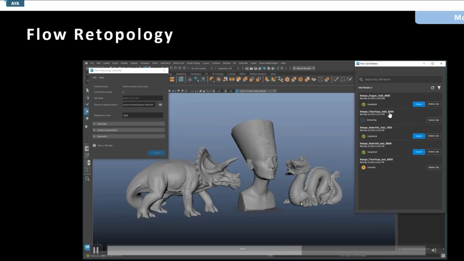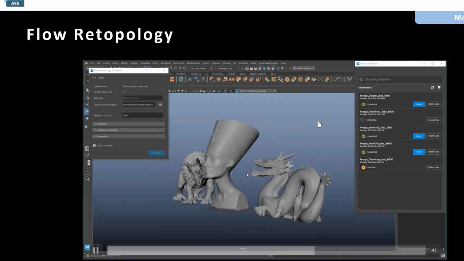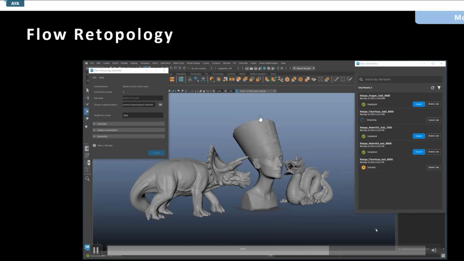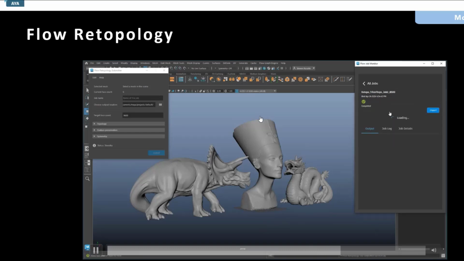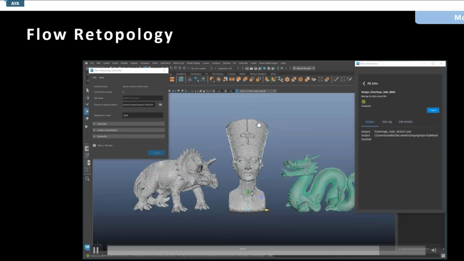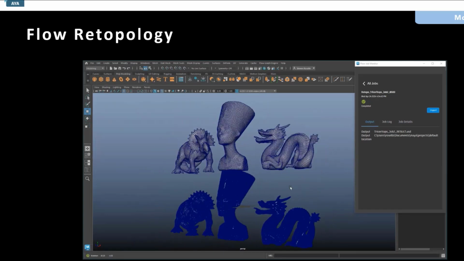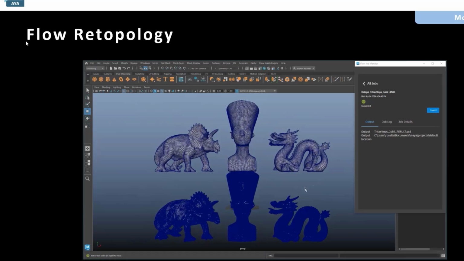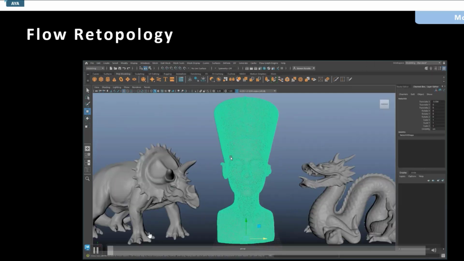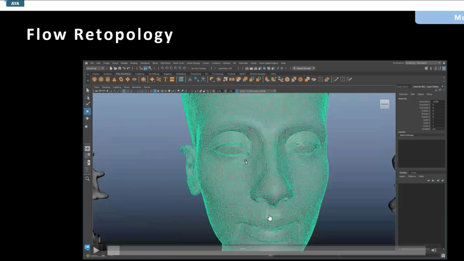You don't need to wait so long. Sometimes when you do retopology, you're waiting, and in the middle of the process it fails.